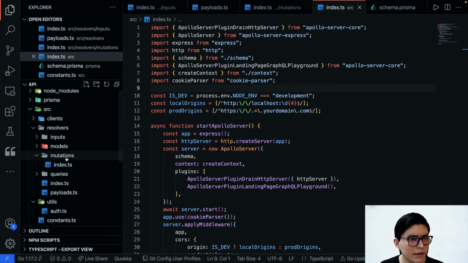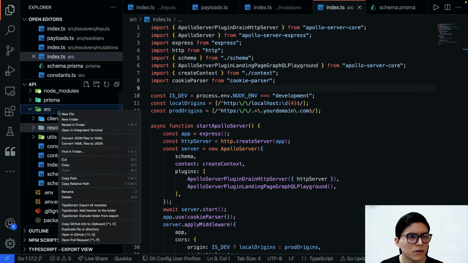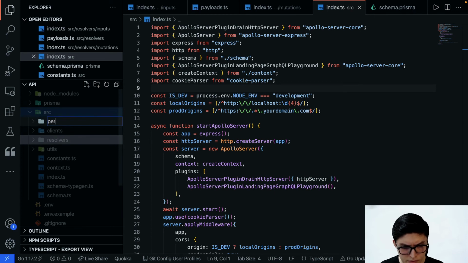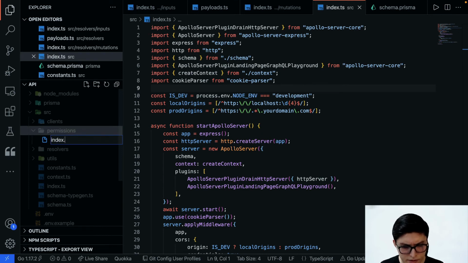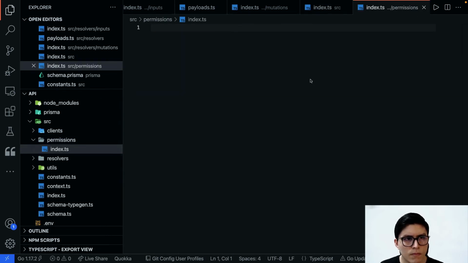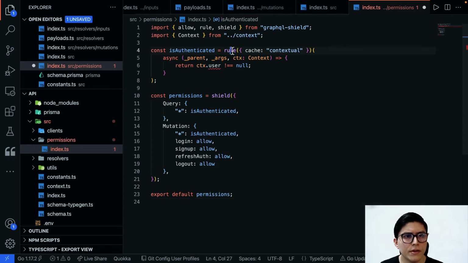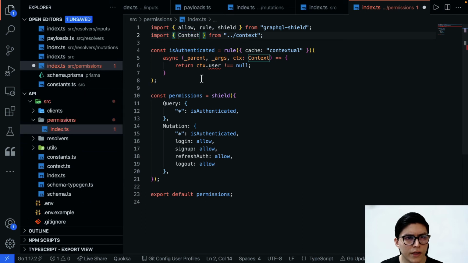Now, the last part of this will be to protect our queries and mutations, or in general, the resolvers with permissions. So under the source directory, create the permissions directory, and inside it, index.ts. For permissions, you could have the following set. As you can see in here, we are getting the context we have previously created. The isAuthenticated rule will check if the user object is already present in the context.